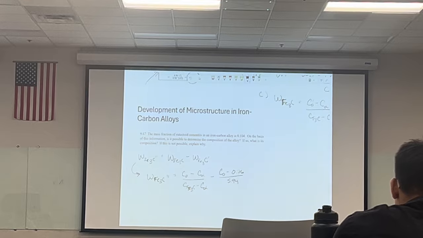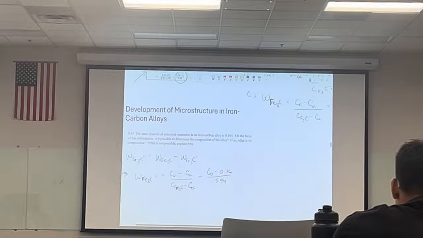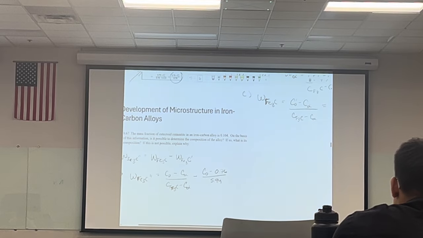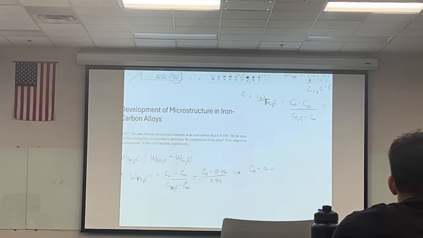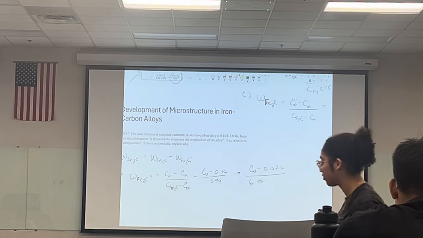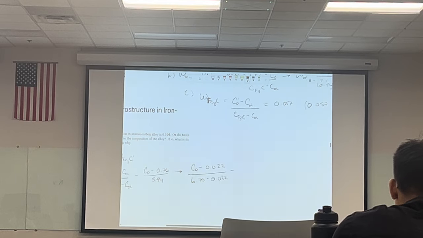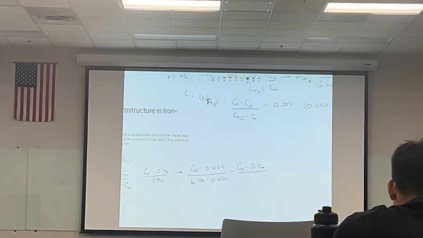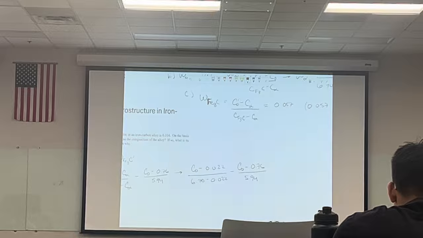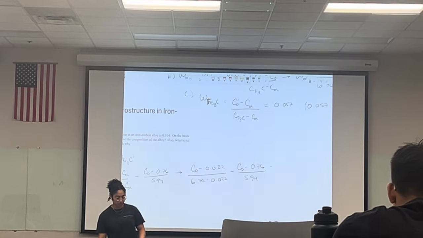So they didn't put in the values just yet. So that C alpha is going to be 0.022 divided by the 6.7 minus the 0.022, subtracted from C naught, minus 0.76 over 5.94. And if you do the math on that to figure out your C naught, you should end up with, or sorry,